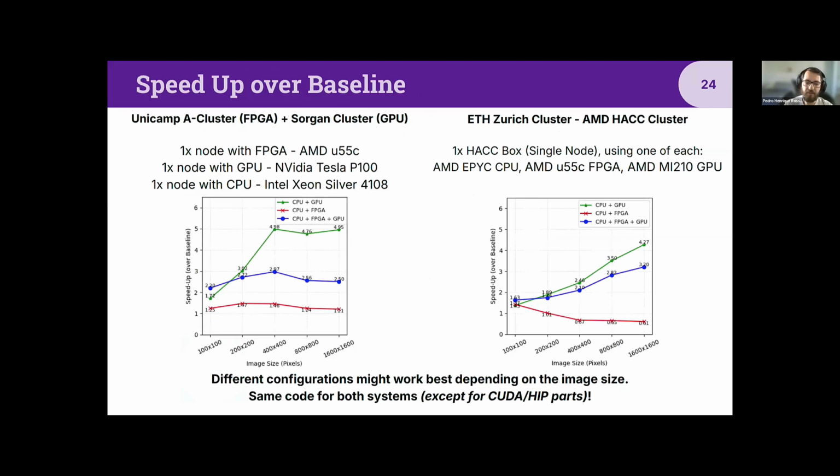This is an experiment that uses 1 FPGA, 1 GPU, and 1 node with CPU, but we don't have it here in Brazil. So we have a distributed application here with 1 node with CPU, 1 node with GPU, and 1 node of FPGA. And we also tested 1 HACC box on the HACC cluster that has AMD CPUs, AMD GPUs, AMD FPGAs. And